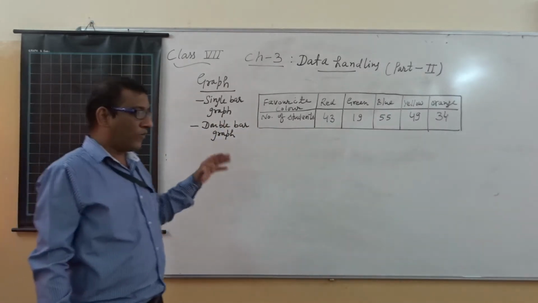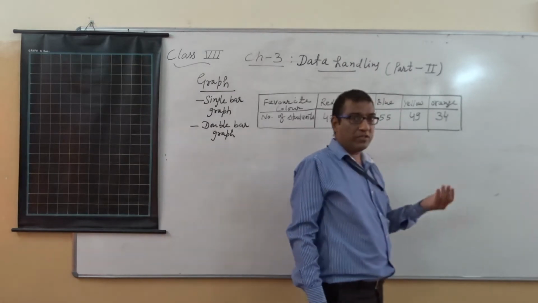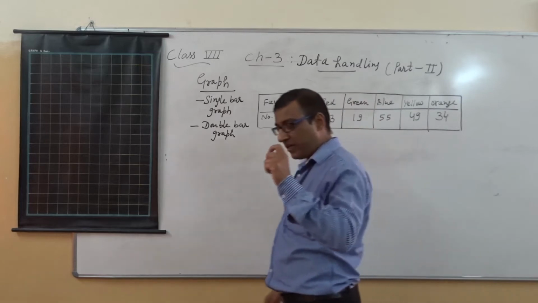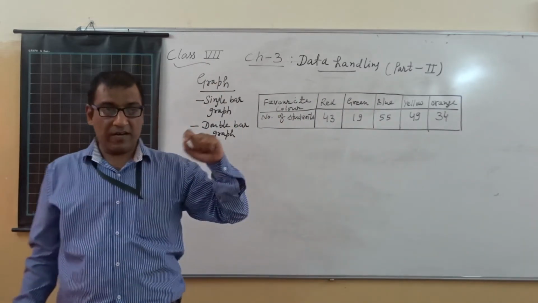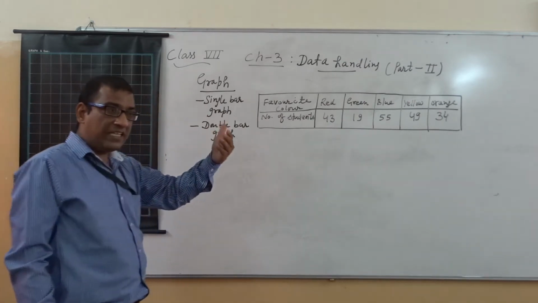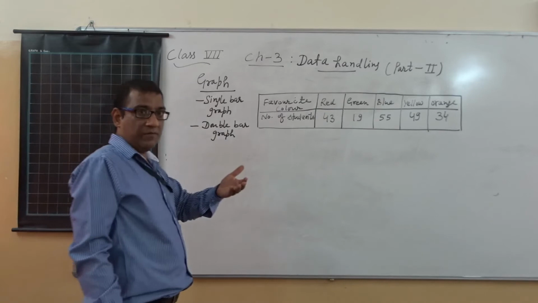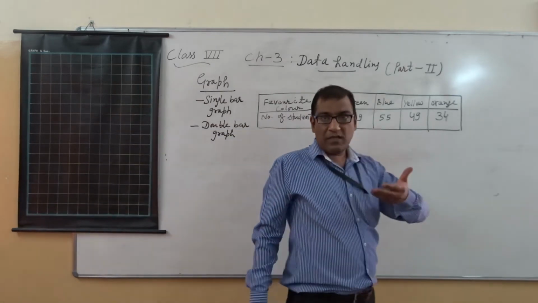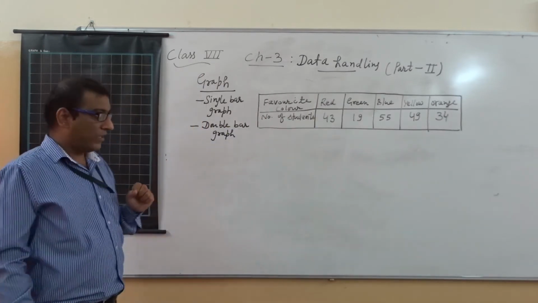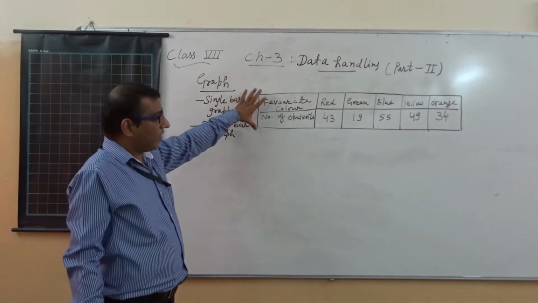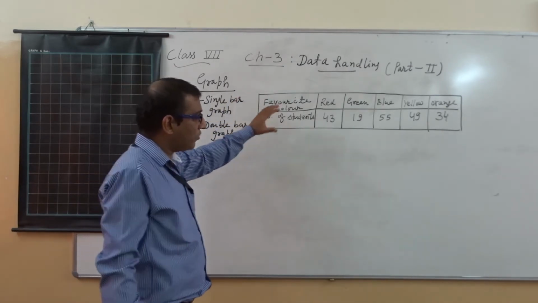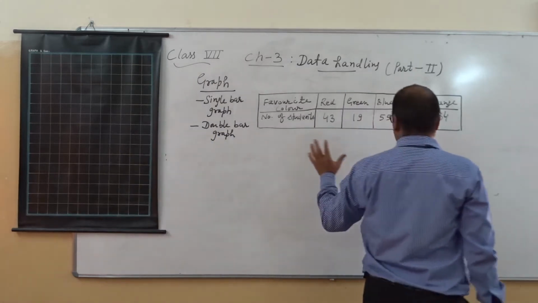Generally with the help of a graph, we show the information. Whenever you see cricket matches, during some intervals, some graphs are there related with runs and hours. With the help of that graph, we can easily identify which team is continuing with how many runs at that time in a particular hour. For example, this one is related with favorite color and number of students. How can we show this information on the graph?